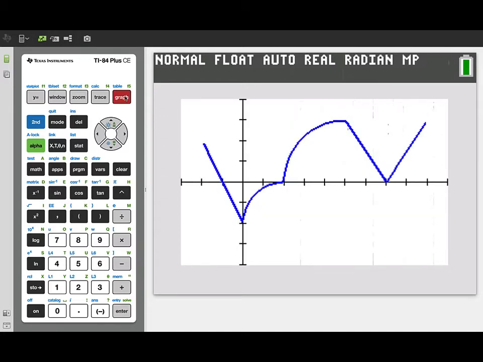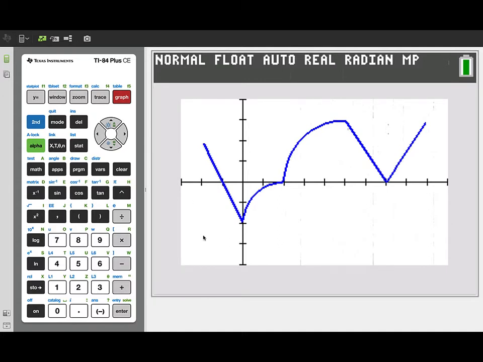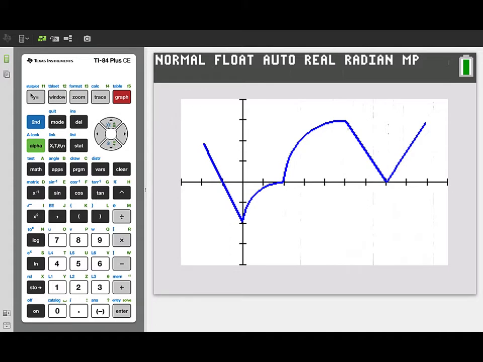What we have here is a graph that's already been prepared, and it's similar to the graphs that are presented on many free response questions over the last 20 years on the AP exam. You can see that this graph is piecewise, and it's made of line segments and pieces of circles. Now there's no formula given for this graph. It's just presented in graphical form, but we're going to be asked questions regarding both the derivative and the antiderivative